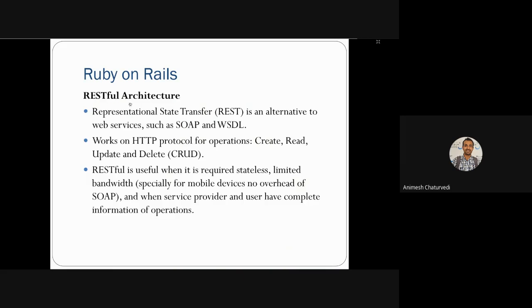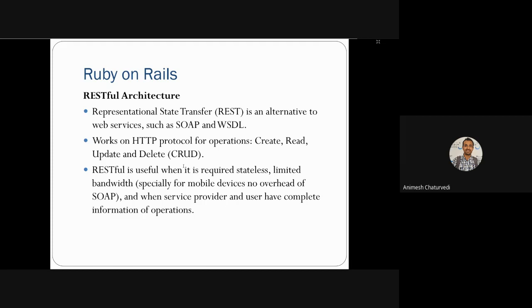Then Ruby on Rails is basically RESTful architecture. What is RESTful? We'll discuss this RESTful architecture later in the next part of this course. Representational state transfer is an alternative way of generating web services other than SOAP and WSDL based web services. Ruby on Rails is basically RESTful architecture and works on the HTTP protocol for the create, read, update, and delete operations.